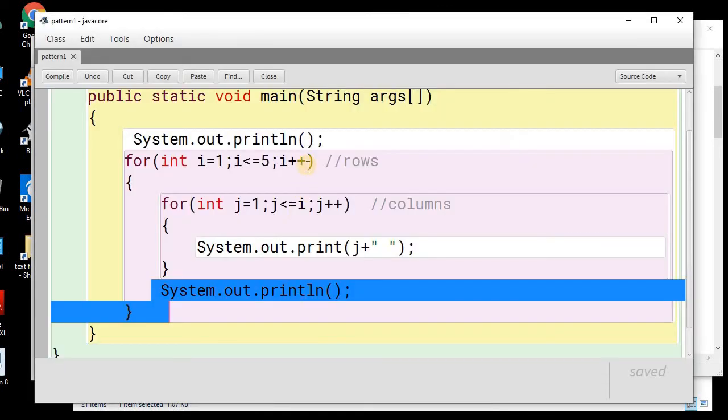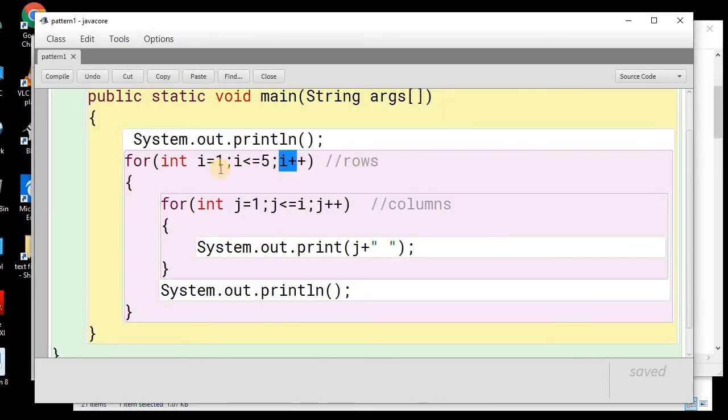Now for the next row i will be updated. Now i is 2, so we'll get inside the loop for i equal to 2. Now j is 1 and will run till less than equal to 2. That means it will run twice, for 1 and for 2. So one time j is 1 and the second time j is 2.